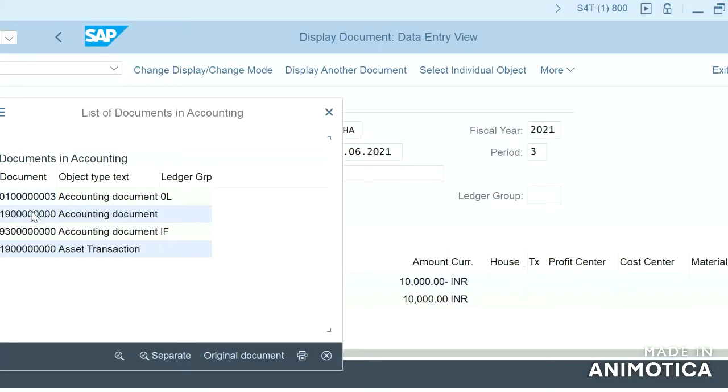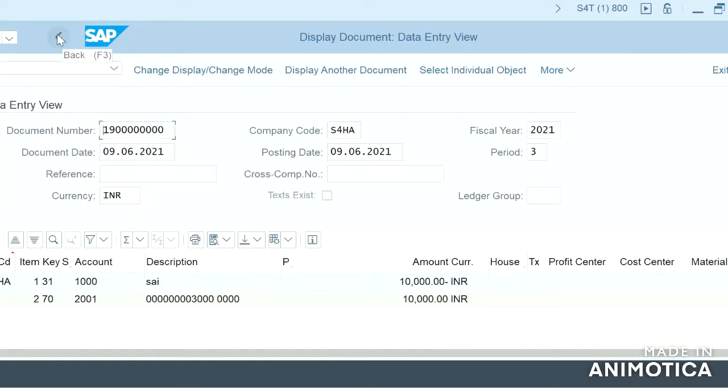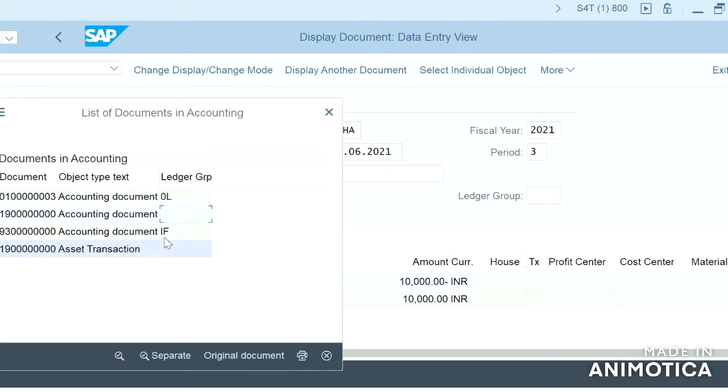So we can see here there is one operational document which doesn't have the ledger group. That means it is common to both the ledgers, and two valuation specific documents, one for each ledger. So from this we understand that there will be one common operational document for all the ledgers, and the same number of ledger documents based on the number of ledgers configured in our system. So we configured two ledgers, so we have two valuation specific documents and one operation